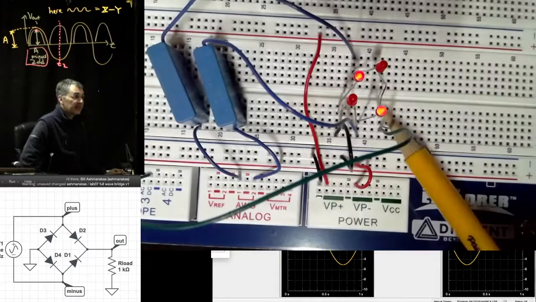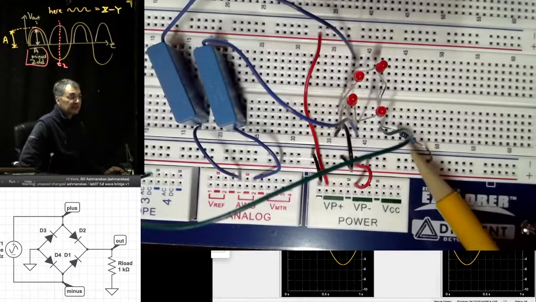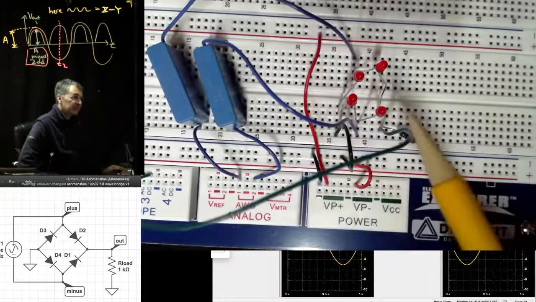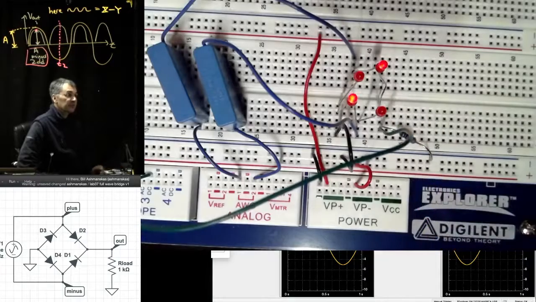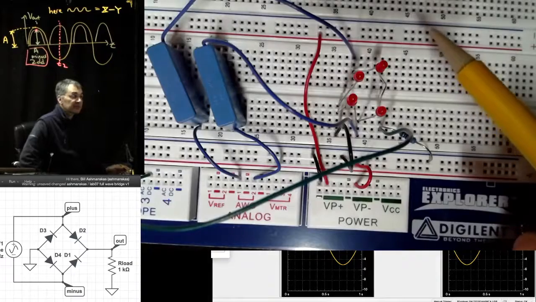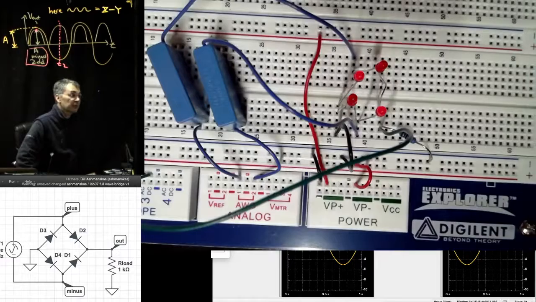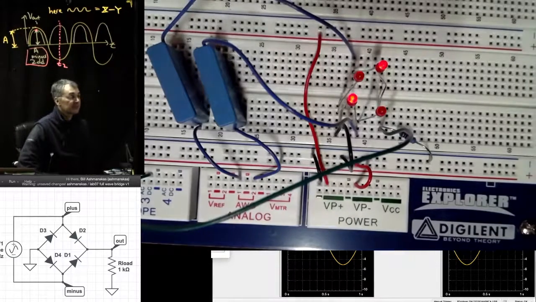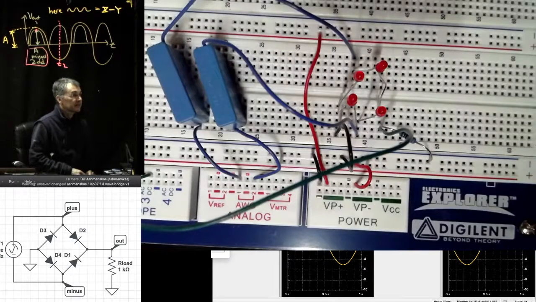Then at the point where diodes 1 and 2 meet, that's basically my output. So I have a 1K resistor to ground. The 1K resistor is my load. And then I'm using this green scope probe to observe the output. That's channel 1 of the scope. I actually have not tried observing the points that we called plus and minus, or X and Y, with the scope probes, but I'm kind of tempted to do that now. But anyway,